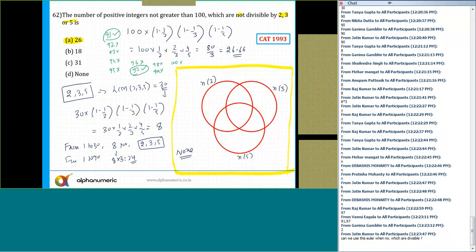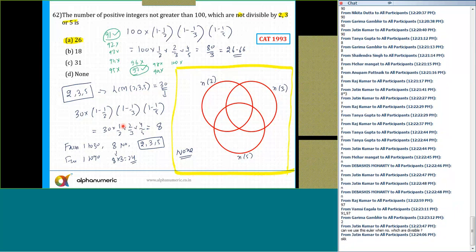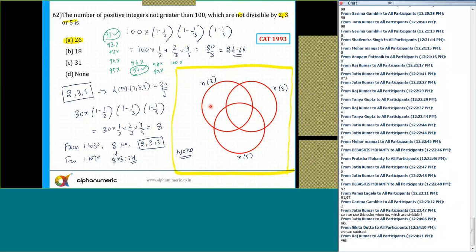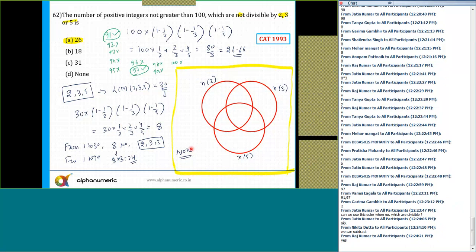Can we use Euler's formula for numbers which are divisible? No. This is used only when the numbers are neither divisible by any of the numbers. Okay, Jatin? In that sequence we can use it: if you calculate the none, then from the total, yes, that's right. If you subtract the none from the total, you will get the union of these, yes or no. If I ask you how many numbers are divisible by 2 or 3 or 5, from the total I subtract the none, and then you will get at least one. So that way you can do it, definitely. Is that clear?